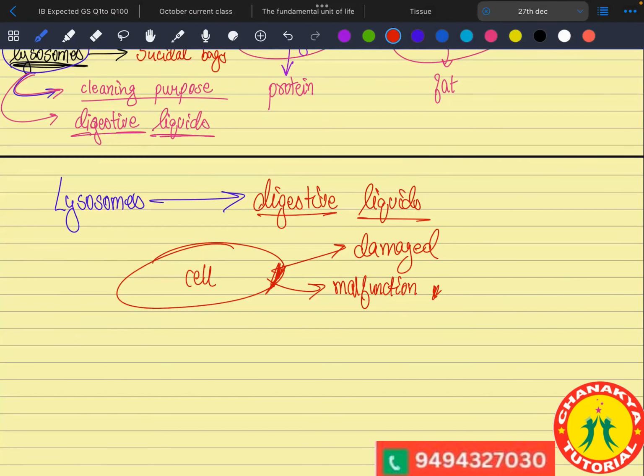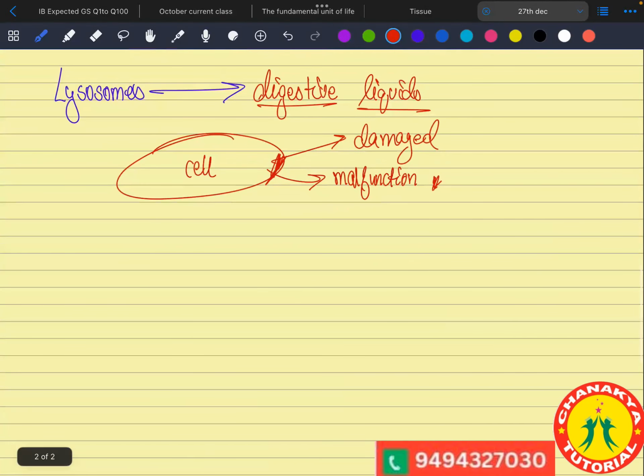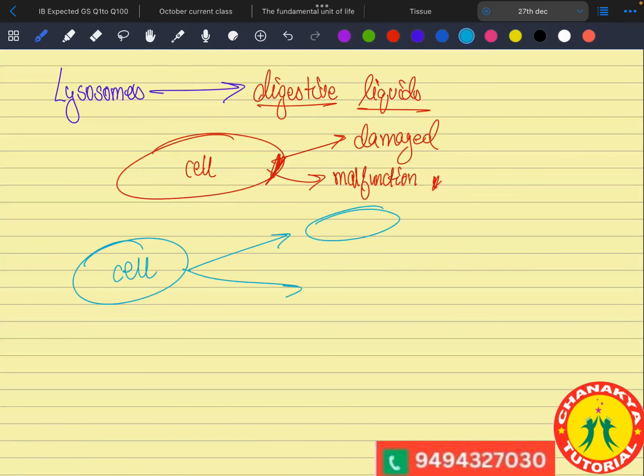Do you know that the cell does not generate automatically? Can you tell me how cells are generated? Sir, cell division. Cell division, very good. So basically, if there is one cell, this cell will later divide into two cells. And if there is more reproduction, these cells will later divide into more cells.